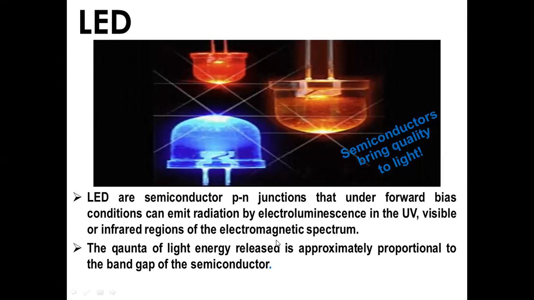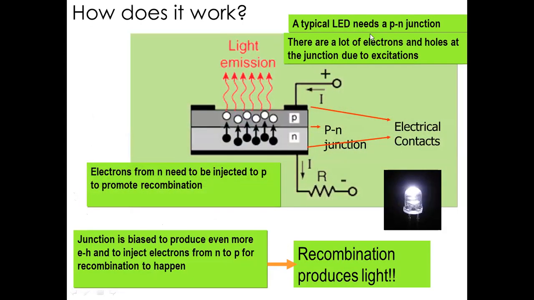For the reverse condition, like other diodes, it is also going to block the current. It will not conduct for the reverse bias. Only for the forward bias it is going to conduct. So this image will give the full picture of the diode. How does it work? See here, this is the P region, this is the N region. This is the diode.